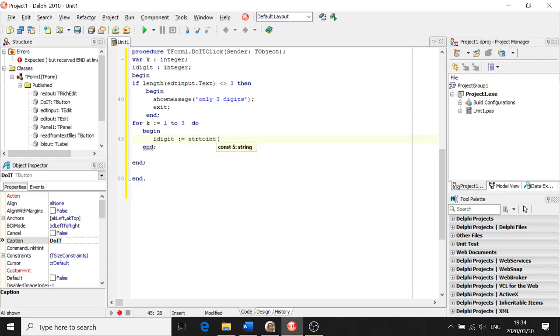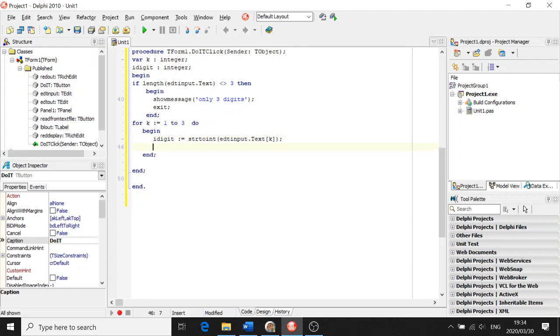And character number K of what? Our edt input dot text. I have not created a variable for that. I don't have too many variables. So our digit is going to take character number K, and each time it does that,